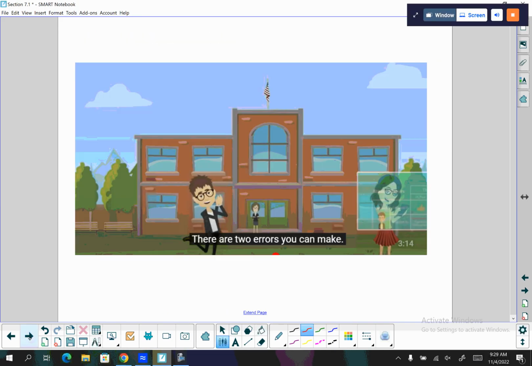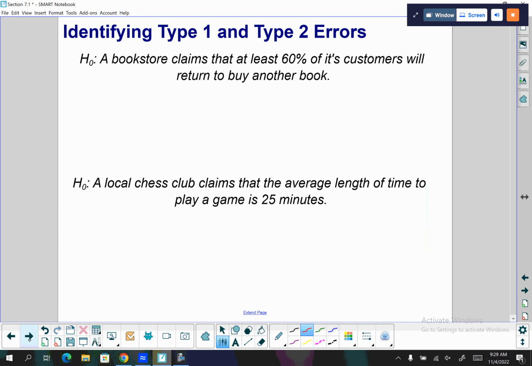All right. So we're just going to do one of these on the next slide. So we have a null hypothesis, and we just want to describe what the type 1 and type 2 errors are in it. So we'll start with the type 1 error. So the claim is that a bookstore says at least 60% of its customers will return to buy another book. So type 1 error is when the null hypothesis